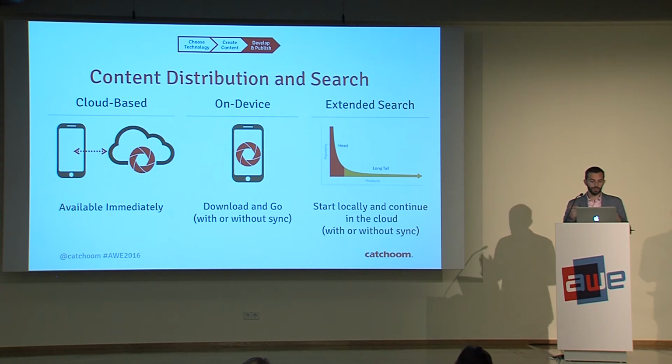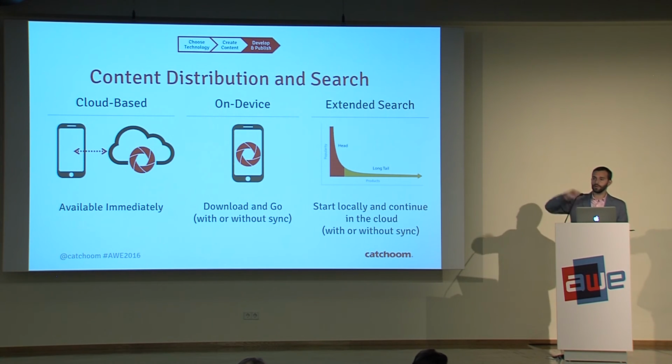Option number two is you put some stuff into the app, say instead of 10 megas, it's 20 megas, and you assume that the user will still download it, but then the remaining 50 megas is waiting in the cloud. Or you're missing a deadline, you push it to the App Store, you know it will take you 2 weeks to be approved, so anyway, I still have time to prepare the assets, right? So you take that time, you prepare everything in the cloud, and the app will know how to synchronize with the cloud. Okay, so it will ask for any changes between the local copy and the remote copy.